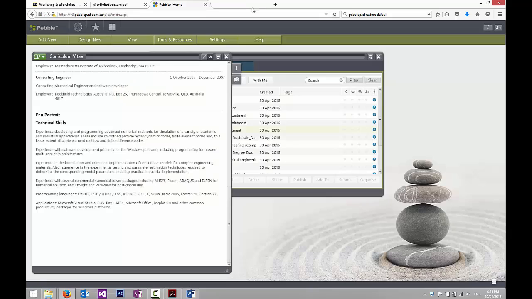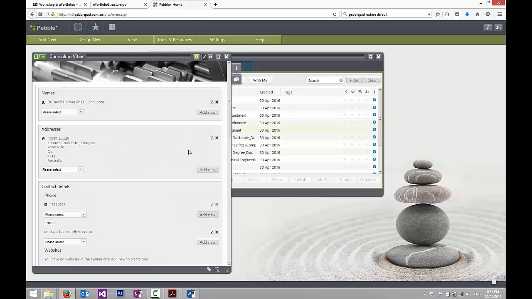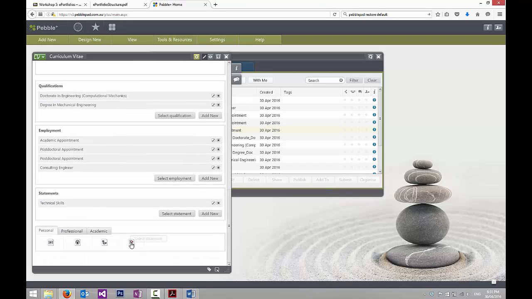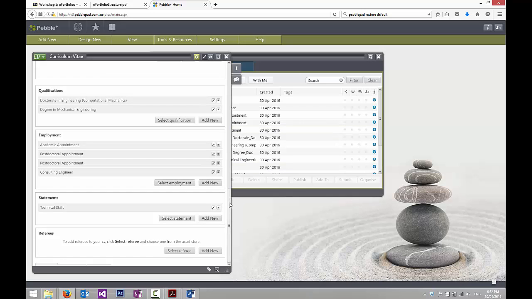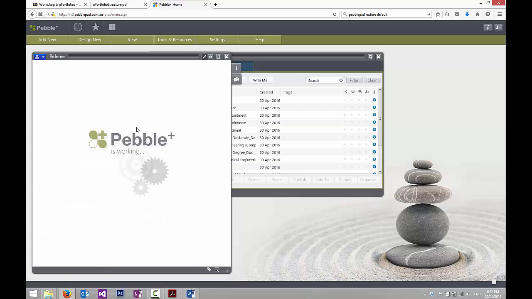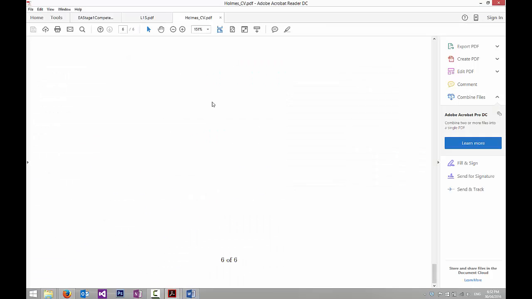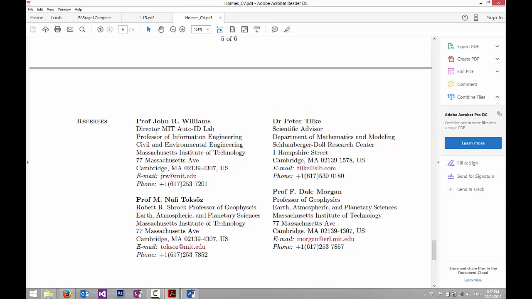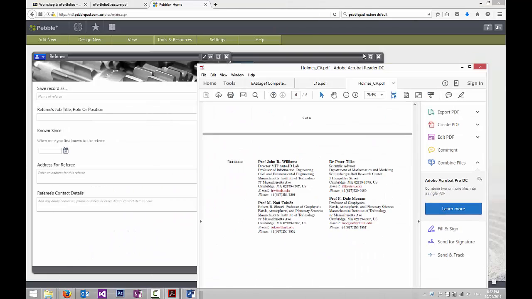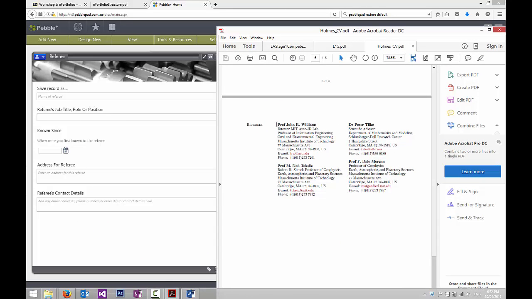Okay, now the last thing that we want to do is add a referee. So where's that? Select a referee under professional. So referee, and we're going to add a new one. In your resume you should have whatever referees you've got. I'm going to use one of mine, but obviously use one of yours in this. So I've just pulled up my CV. There we go, I'm just going to use one of them. I'll use that one. And so save record as